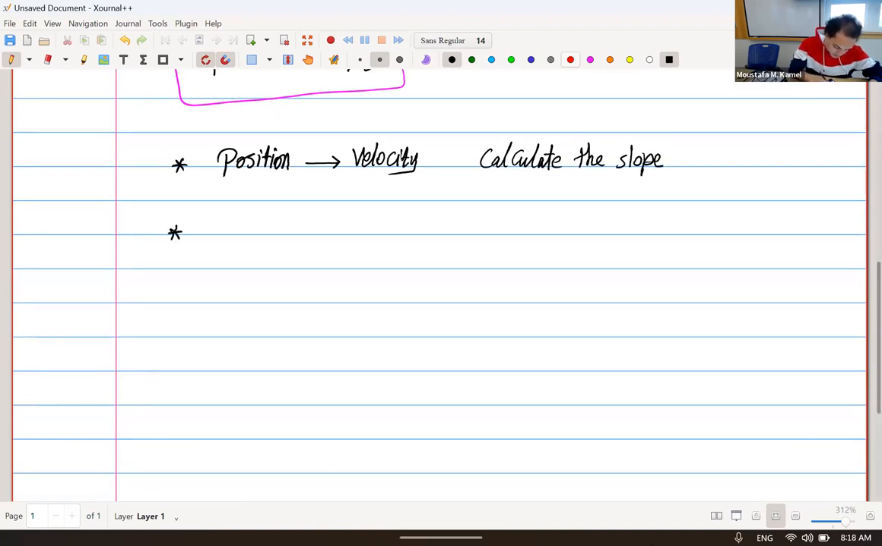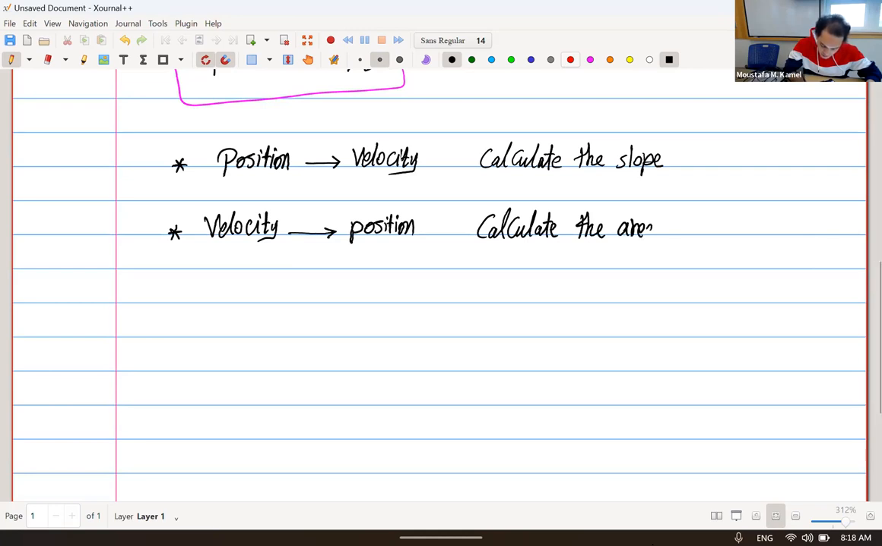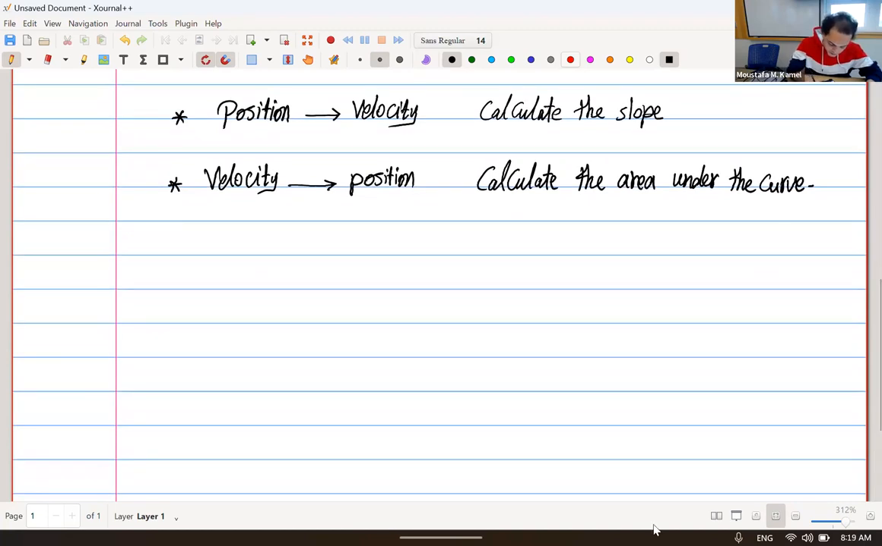And from velocity to position, or displacement in that case, because it will be the difference in position between two points, we calculate the area under the curve. And this is what's new for today. So for example, if I have a graph like this,